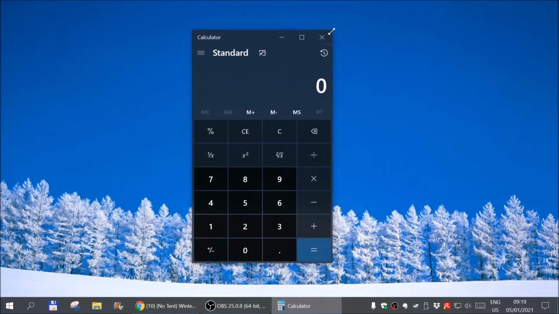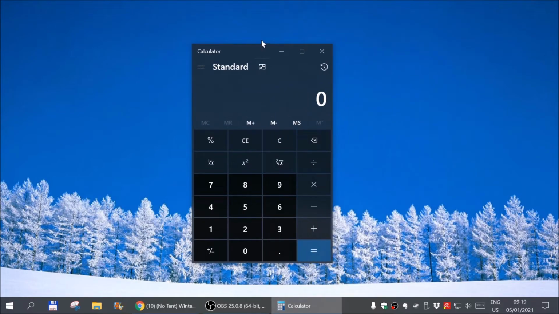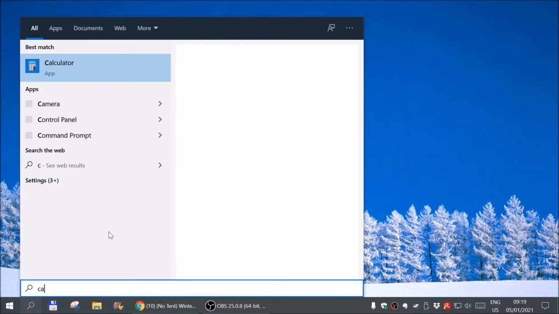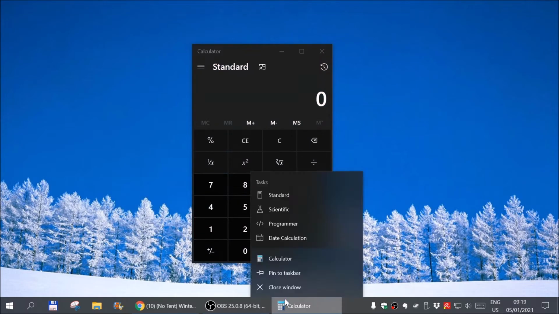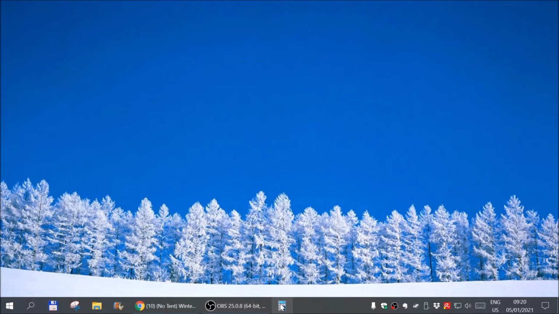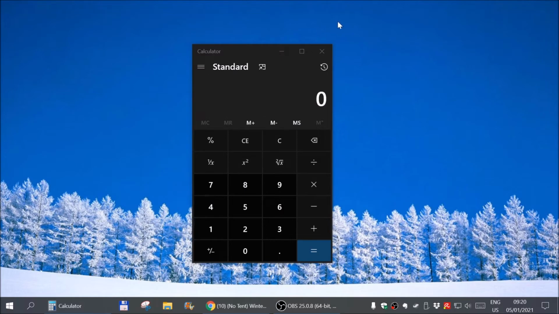If it's not already small and it opens again like this, try to make it small once again from all the sides and then close it, and yeah, I should pin it again. Right click and then click on pin to taskbar, and normally it should open small for you again. So that's that. Hope this video helps you.